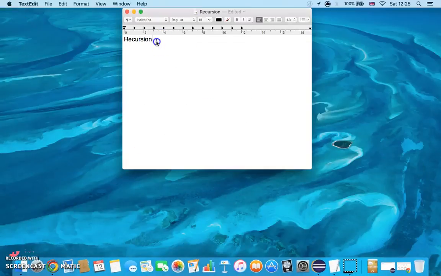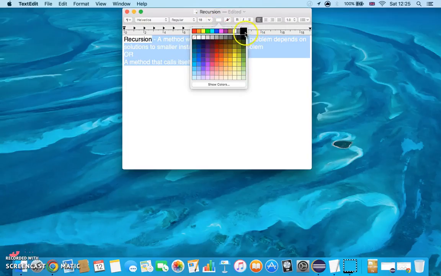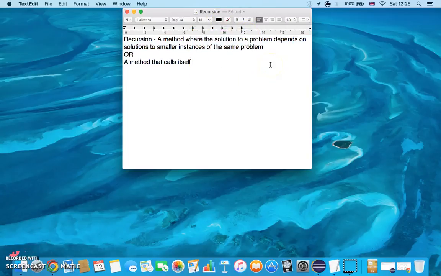Now, recursion in computer science can be defined as a method where the solution to a problem depends on solutions to smaller instances of the same problem, or in simpler terms, a method that calls itself. So breaking this down a bit, this is a method in which the solution to the problem that you're trying to solve actually relies on the solutions to the recurring problem. So the pattern must repeat and the method must repeat and call upon itself, as shown here, to solve the